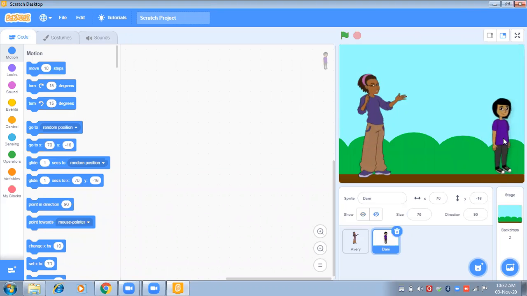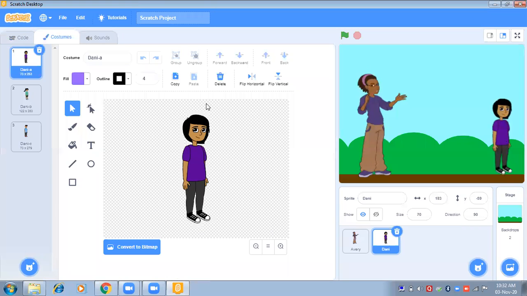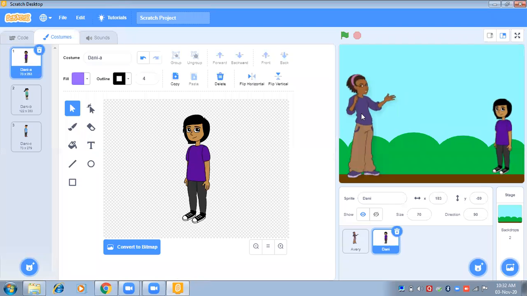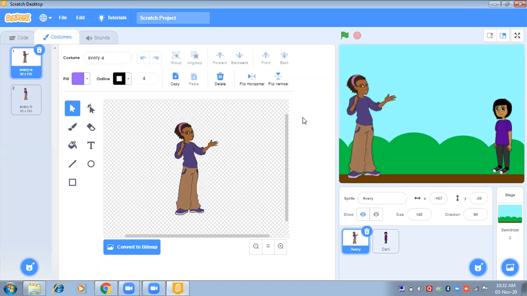Now the student should face towards the teacher, so we will go to the costume and flip horizontally. Okay. Now I also wanted to change the colors.